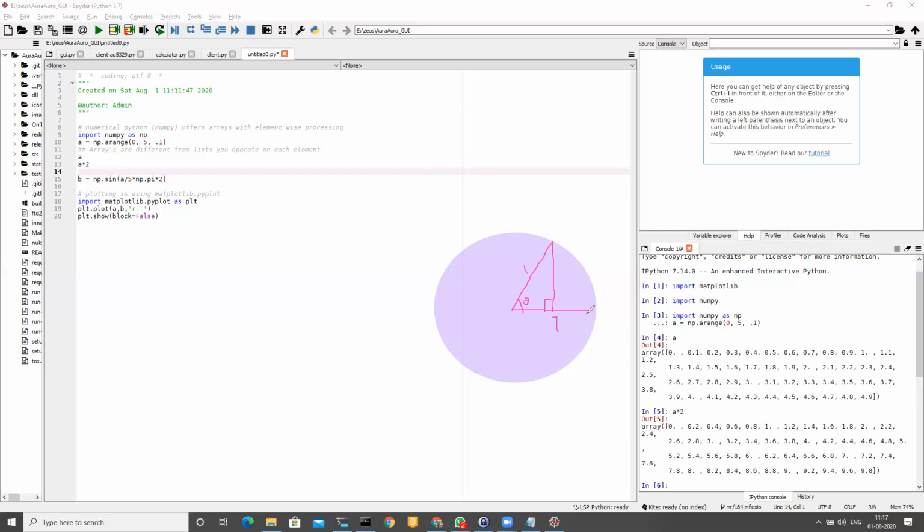Which side is sine of theta? Opposite side or adjacent side? I'm going to call this opposite and this adjacent. Now, sine of theta is equal to opposite side by hypotenuse, which in this case is just 1, right? Radius is 1, so sine theta itself is the opposite side, and cos theta itself is the adjacent side.